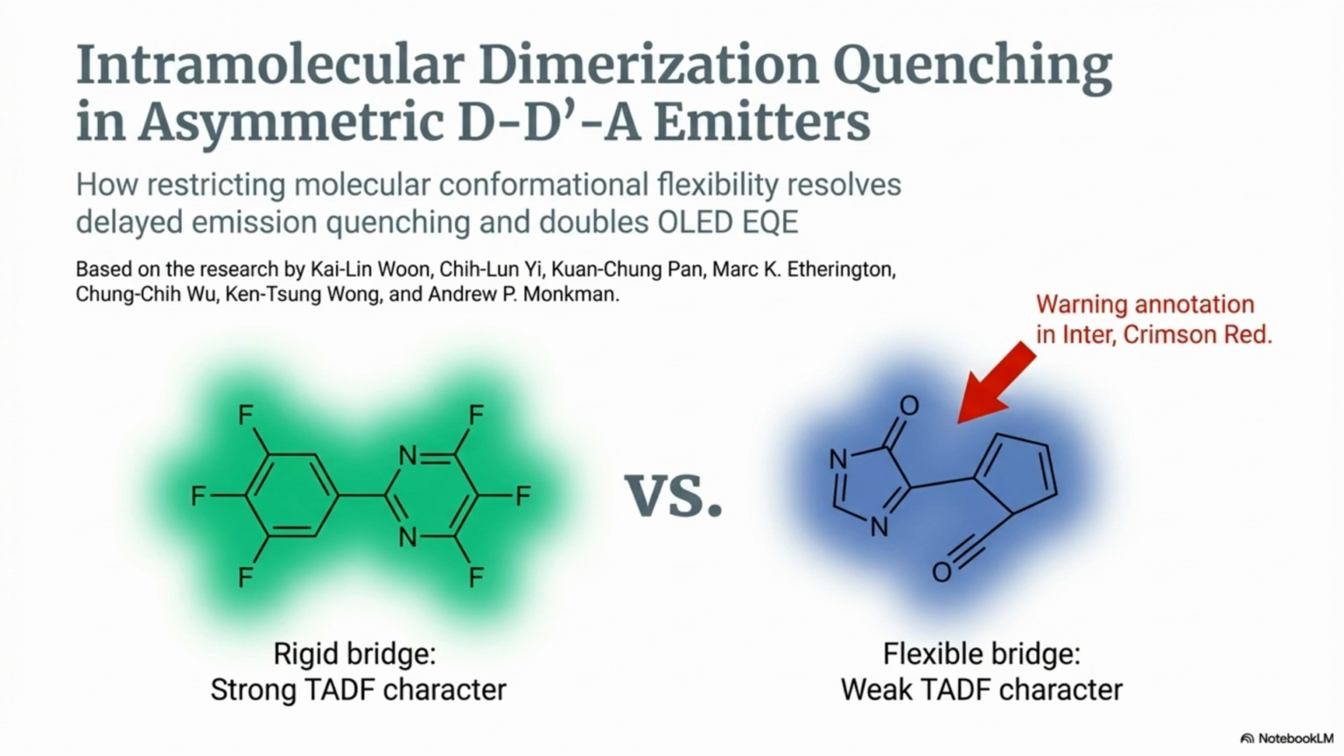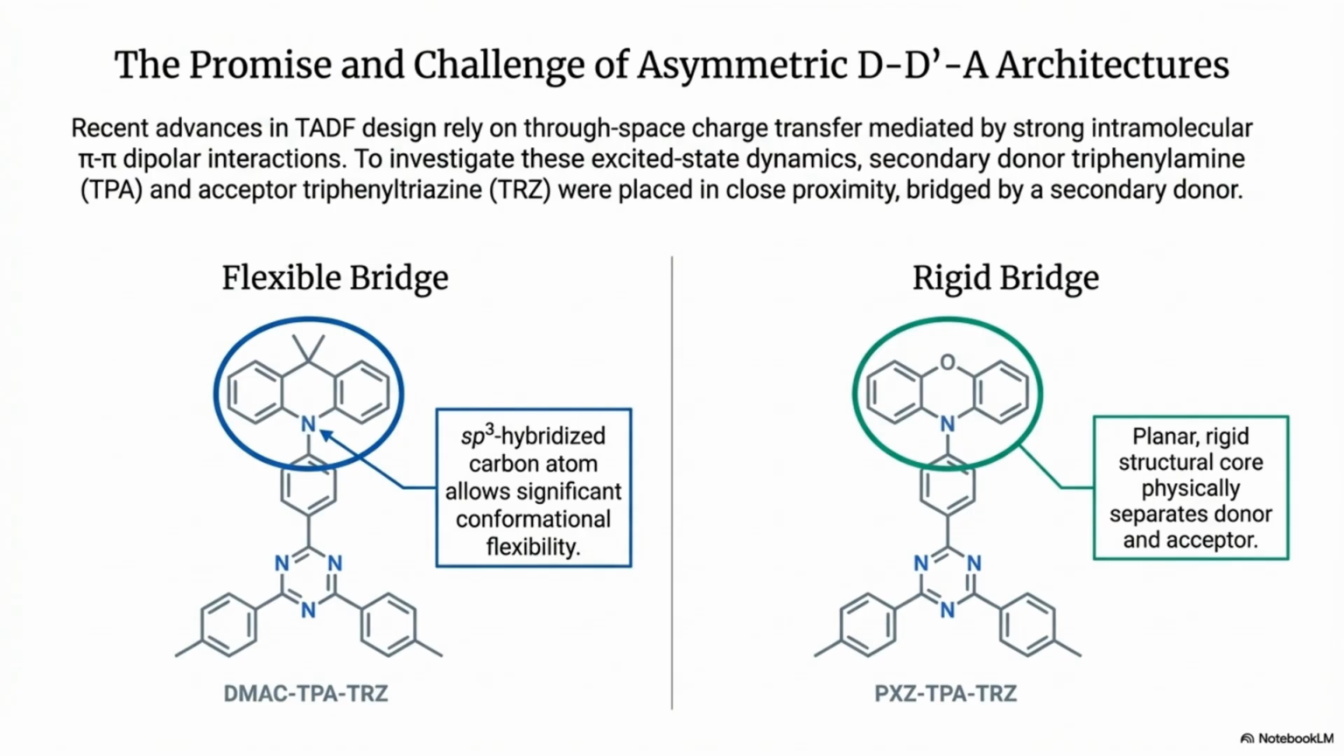This video explores how restricting molecular conformational flexibility resolves delayed emission quenching, doubling OLED external quantum efficiency, or EQE. TADF designs rely on through-space charge transfer. We investigated this with secondary donor TPA and acceptor TRZ, bridged by a secondary donor. The flexible DMAC bridge allows conformational flexibility, while the rigid PXZ bridge offers a planar structure that physically separates the